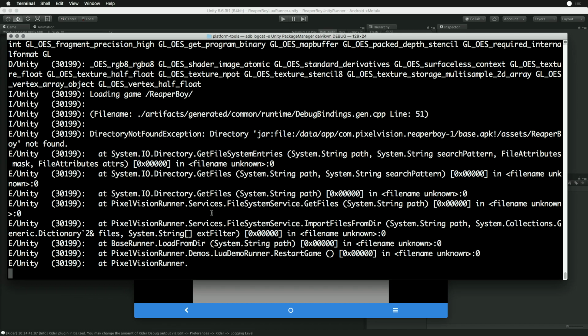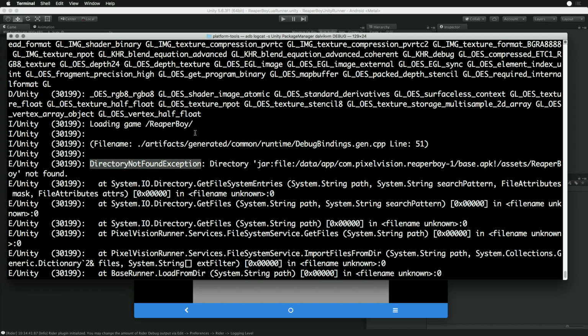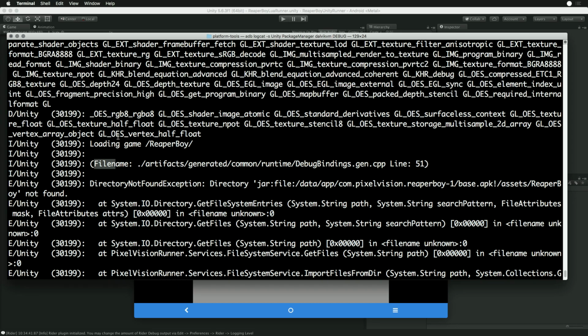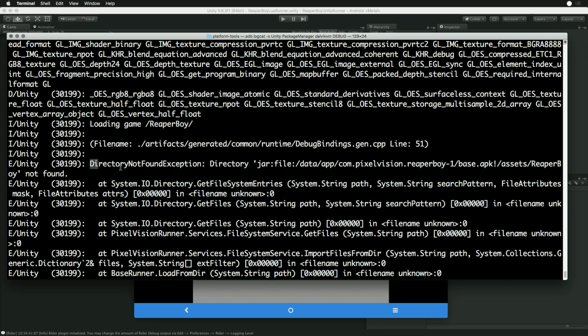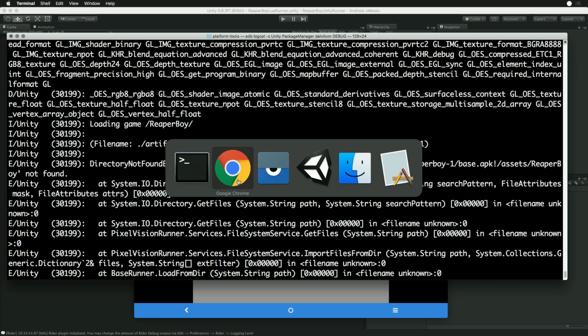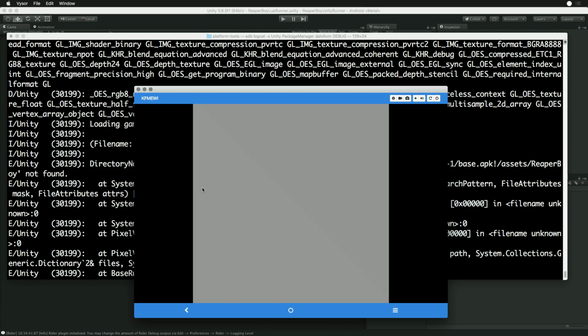Let's see. Directory not found. Jar file data app Pixelvision 8 base Reaper Boy. All right, this is our problem here. So what we're looking for is loading game / Reaper Boy. Now the file name is this, and then the directory not found. So okay, let's take a look now at